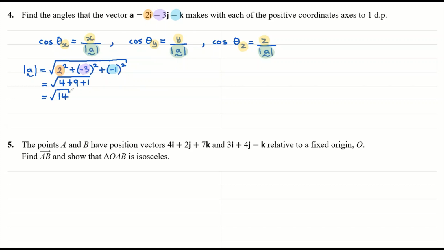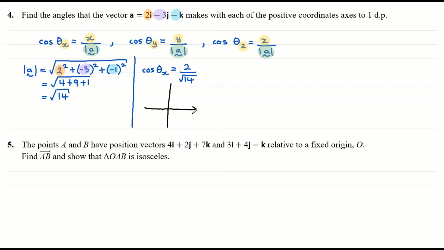All right, now I'm just going to partition this. So if we're going to look at the cosine of the angle made with the x-axis, this is going to be the x component, which is 2 divided by root 14. Now then, because that's positive, we could worry about things like CAST, but because this is a positive value, we can just return an acute angle on our calculator. I just want to bring in CAST for a second, because if we draw a CAST diagram,